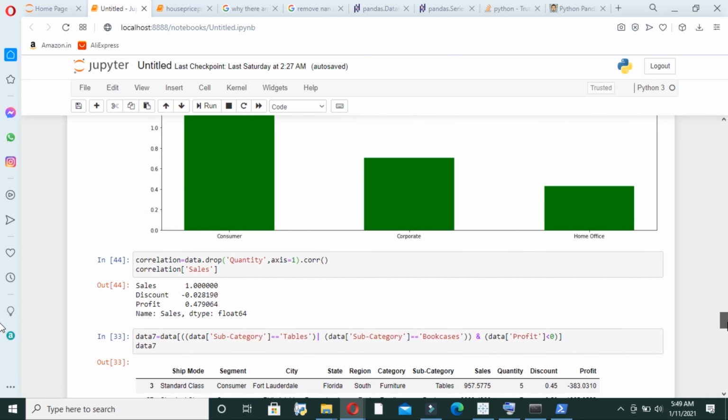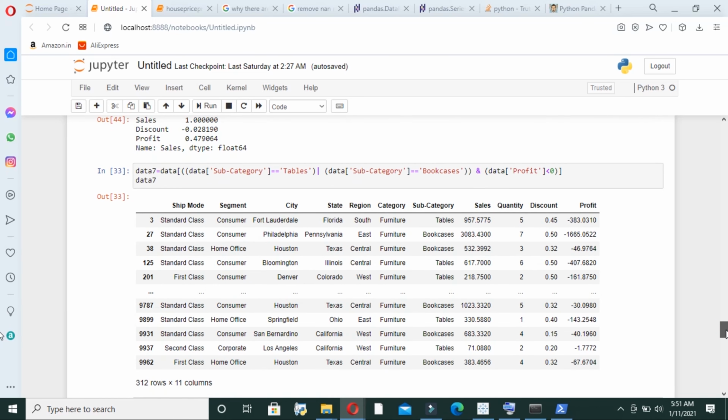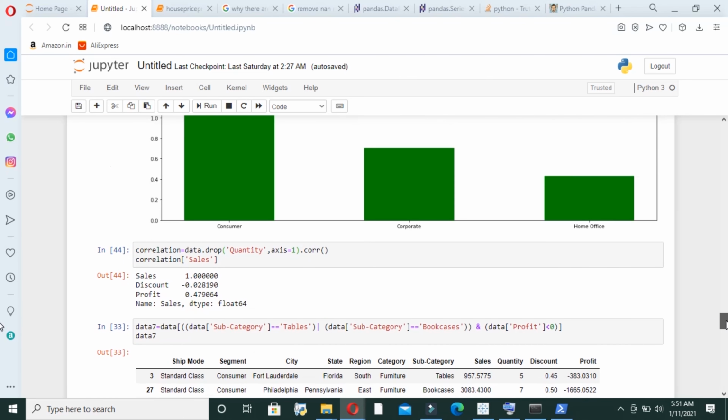Then I found the correlation of different quantities with respect to sales. So the profit had 0.47 correlation with the sales. The more the profit, the more the sale, which is obvious. And discount is inversely correlated to sales by a 0.028 score. So if we keep this point,